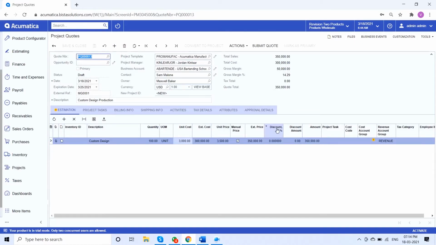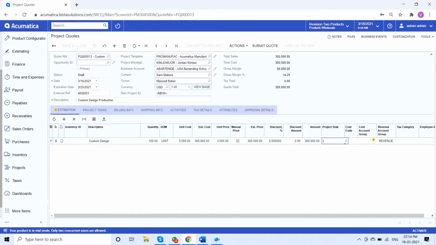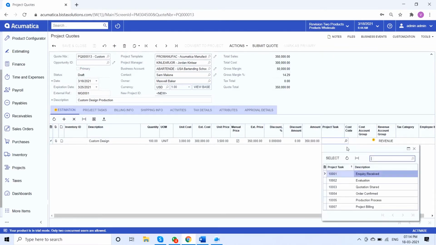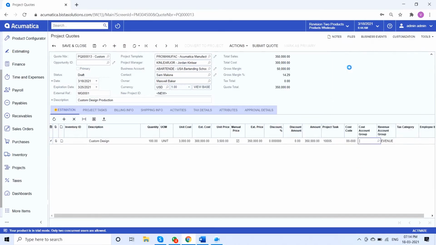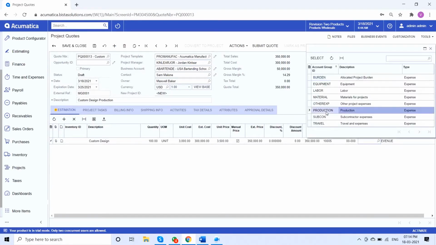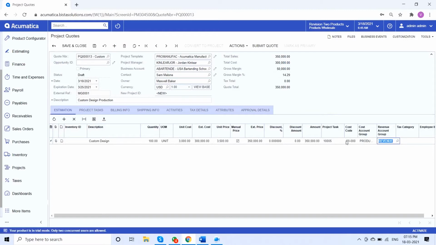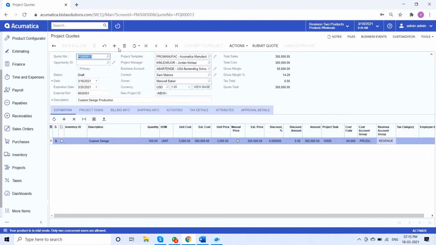So this is my estimation. My actuals could be different based on the real-time purchase prices for the raw materials or the cost incurred during the production. So this is my estimation which I did before going for the production. So I created my code. Once everything looks fine to me, I'll submit it.